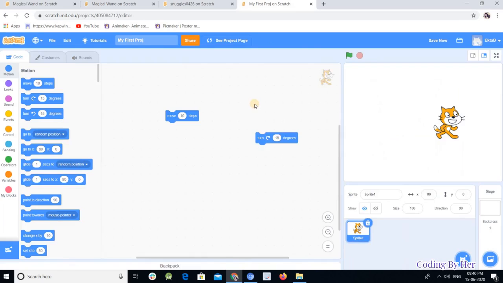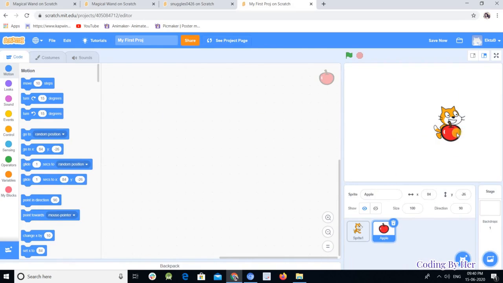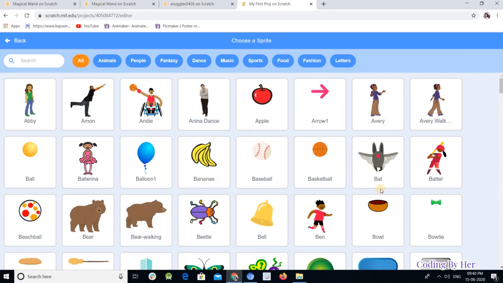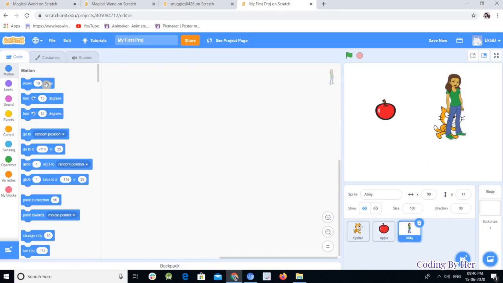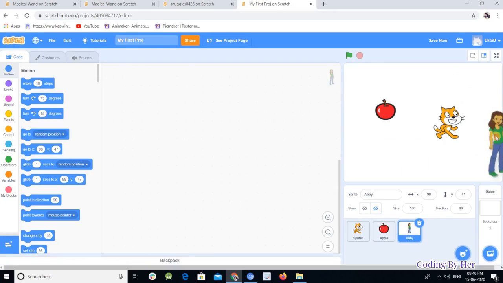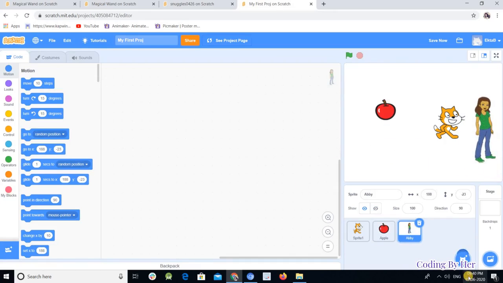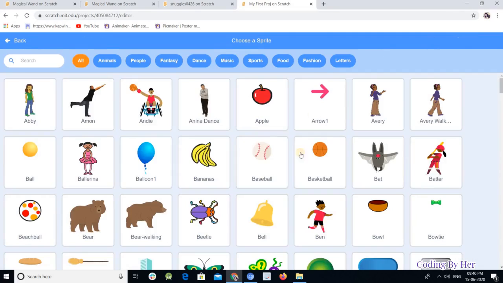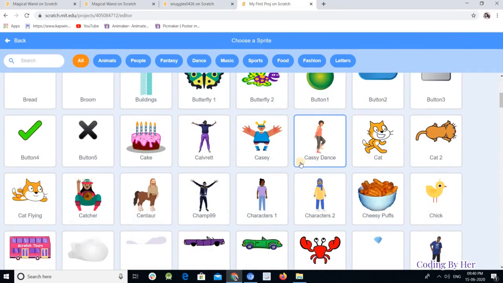So let's add this apple in it. You can move this. You can add any other character also. Suppose I'm adding this girl, which is Abby. Okay, suppose I want to add some other thing.